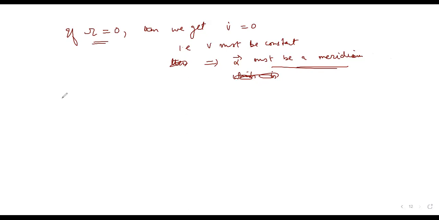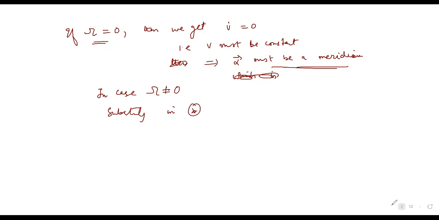The question is the other part, और कौन सी geodesics हो सकती हैं apart from the meridian, क्योंकि हमें पता है surface of revolution में meridians are always geodesics. The question is what are other curves that are geodesics. तो उसके लिए now assuming that now in case omega is non-zero, so substituting in star